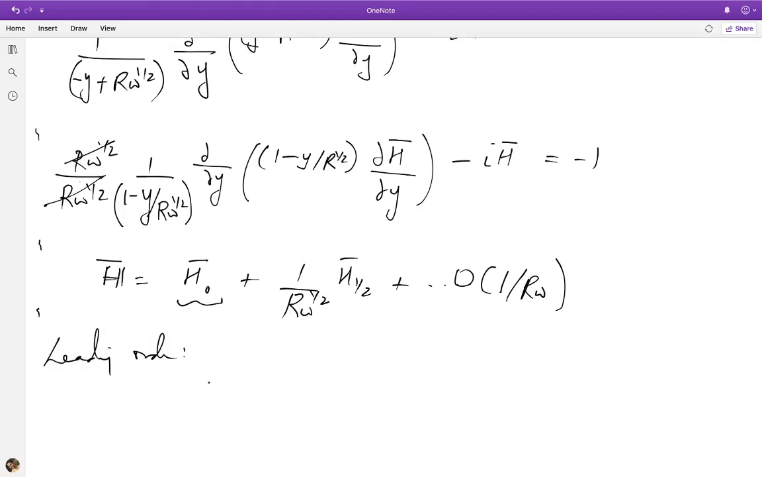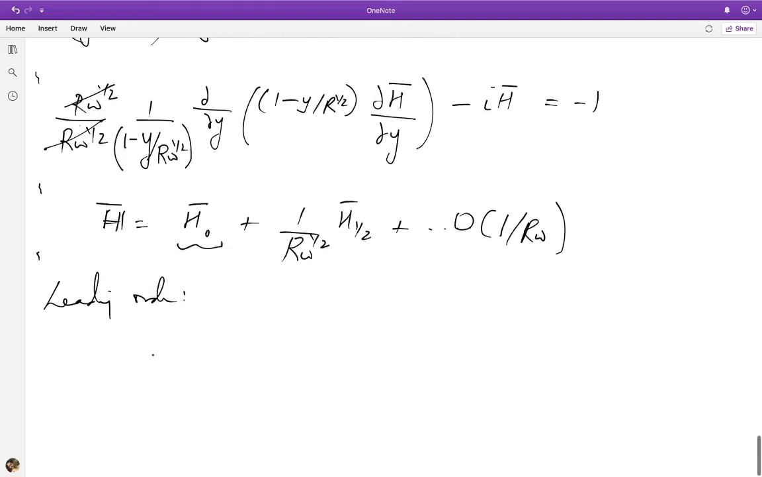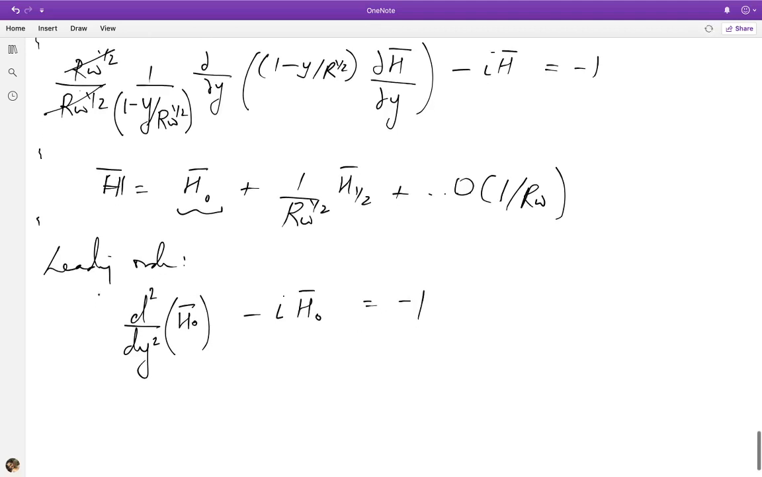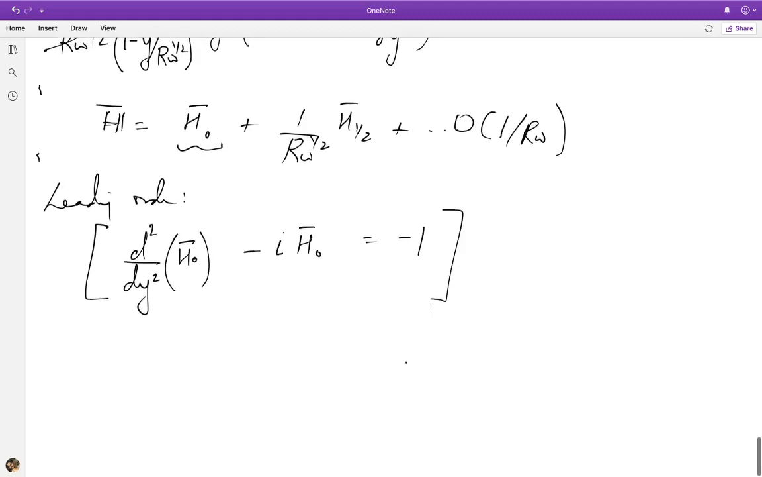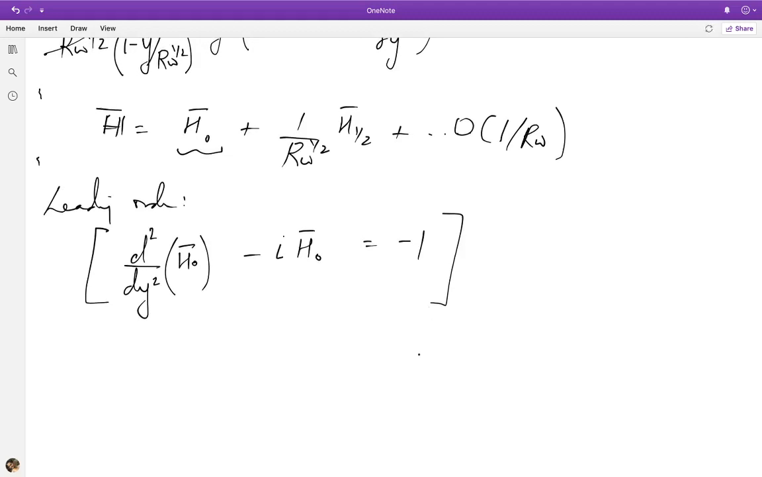So the leading order of this problem, which is just the solution to h naught, is just this: this term gets cancelled off because this 1 by Rw to the half goes to 0 for the h naught problem. Similarly, this goes off. So in fact, I get d squared by dy squared of h naught bar minus i times h naught equal to minus 1. Okay. Now this equation